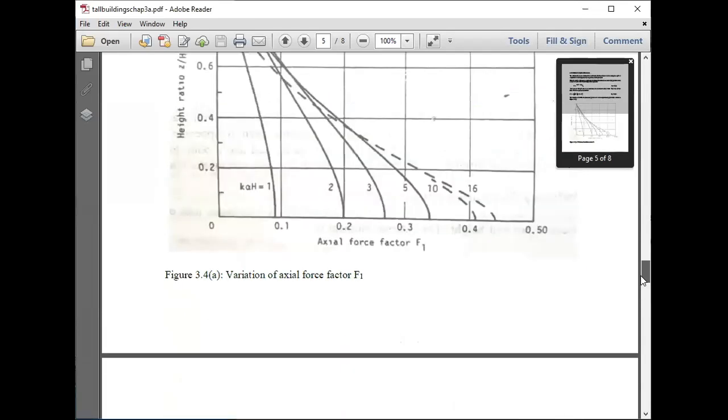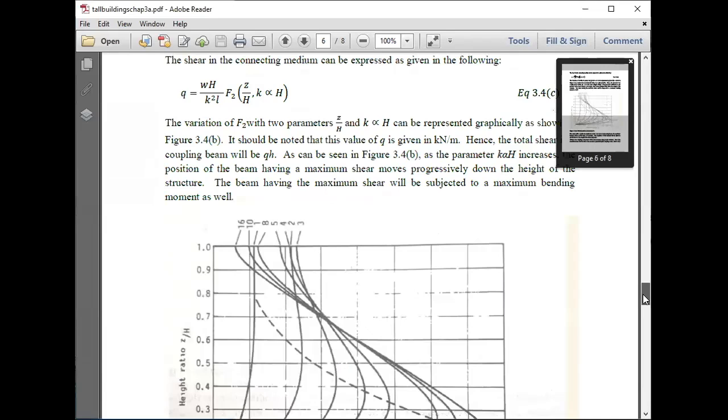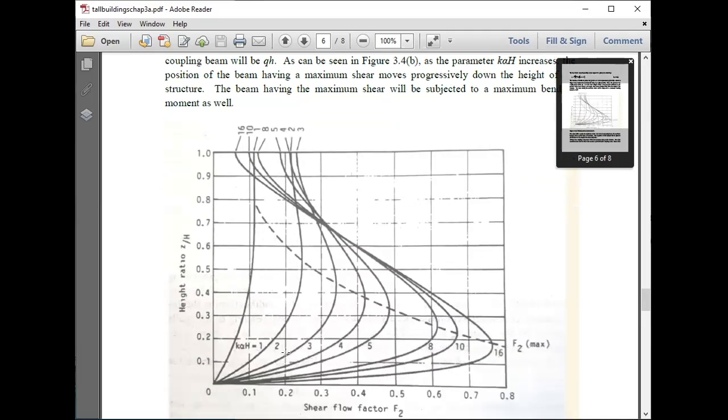So now we have to go for this one, the force on the coupling beam, Q. So we want to find the value of Q, and Q is given by WH K squared over L and F2, and for K alpha H of